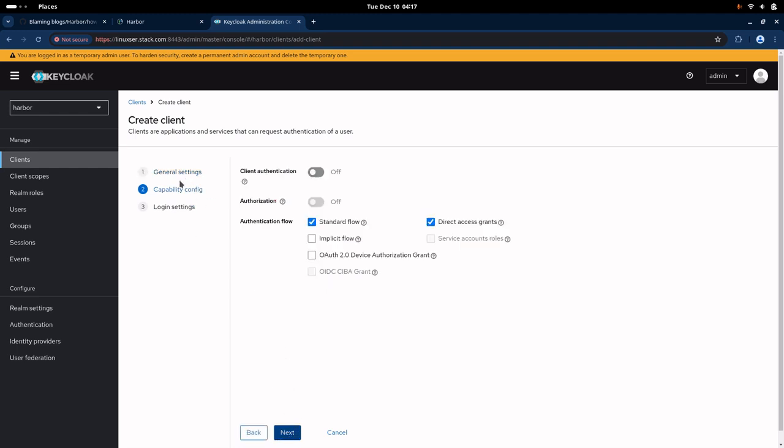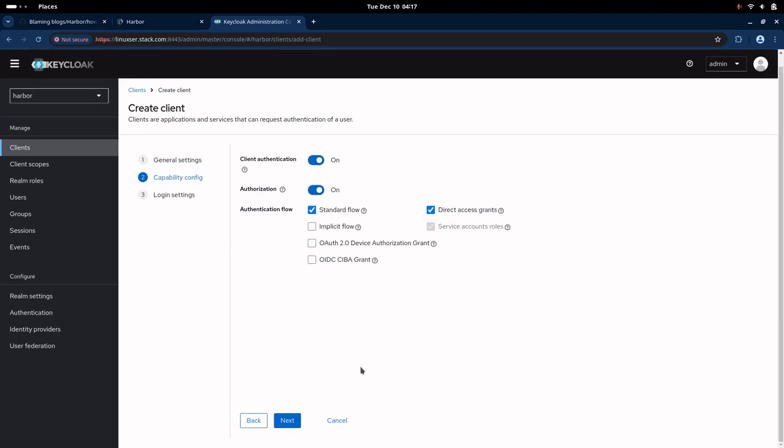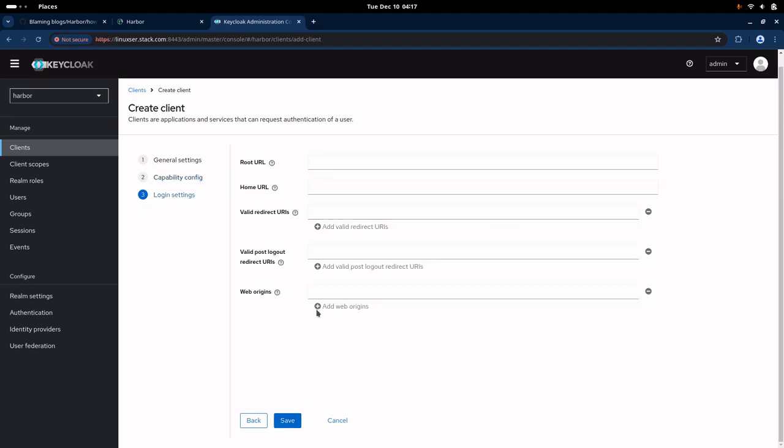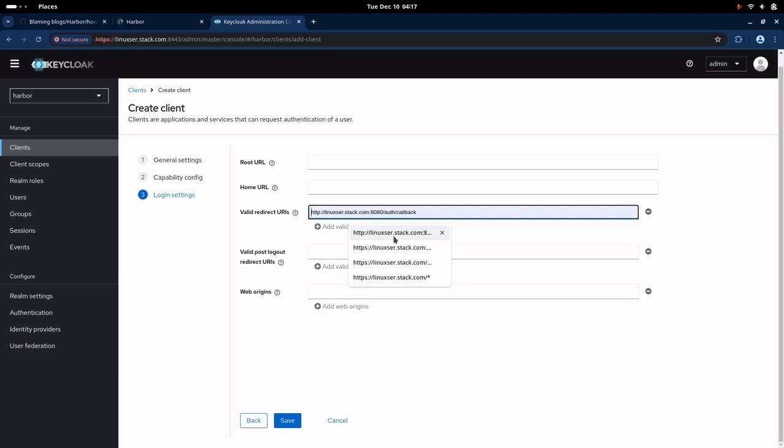Now in the capability configuration, we need to enable the client authentication. We also enable the authorization. This is for future reference in case we want to use it. Now let us go to the next page. Here we need to provide a valid redirect URL for the client application which we want to access. So here we are going to provide a redirect URL,